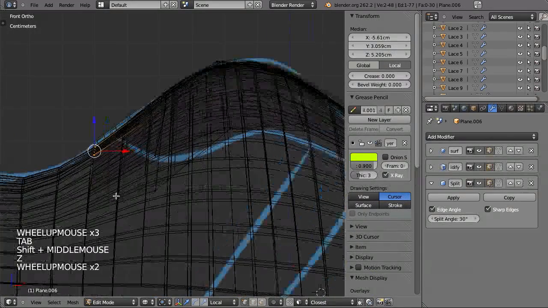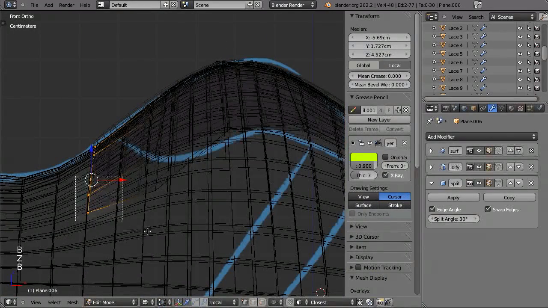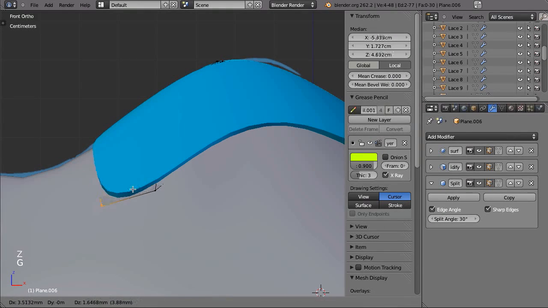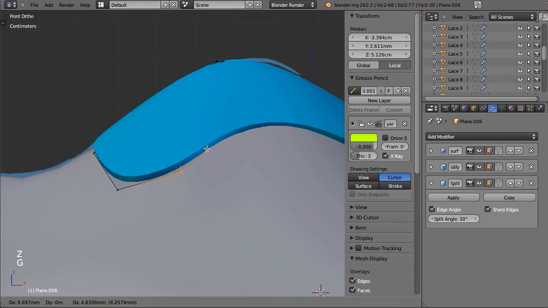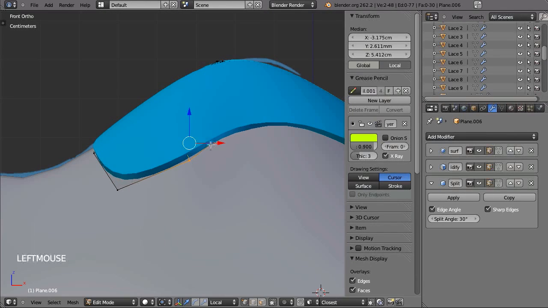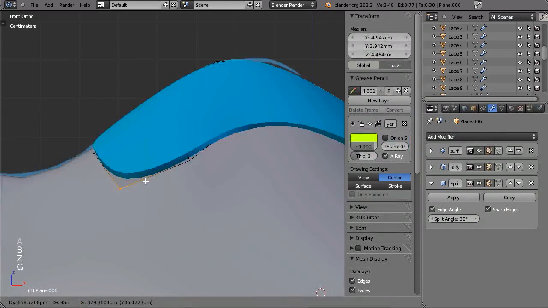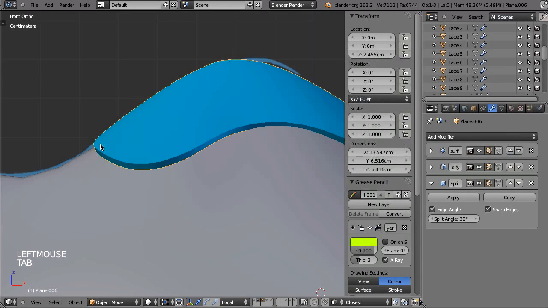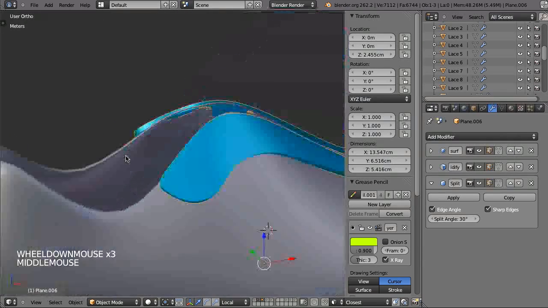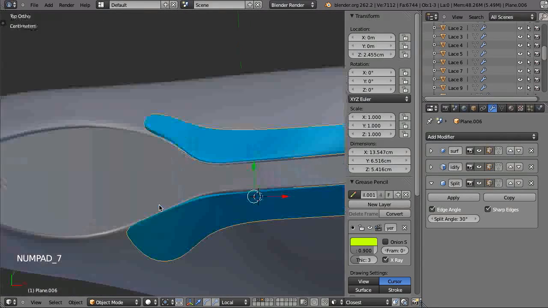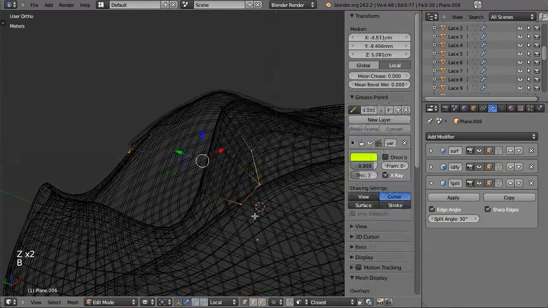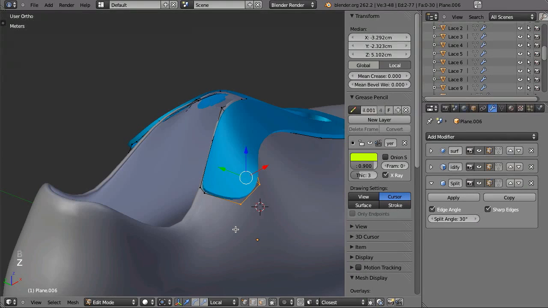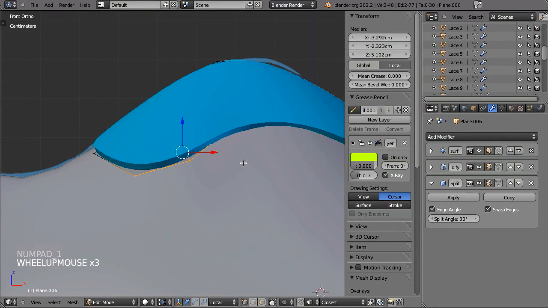So those edges here, which I'm going to select, maybe they have to be more like there. And then those edges, they should go to here. And maybe again, those should go to there. And there you start seeing how we're starting to carve out this nice shape. And then, of course, we have to reproject those faces against the shoe. G, control,